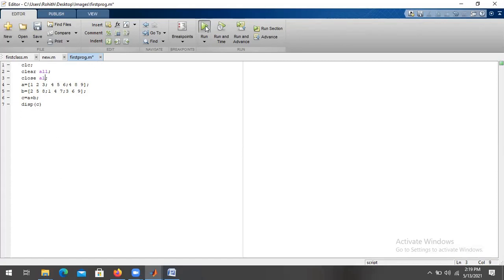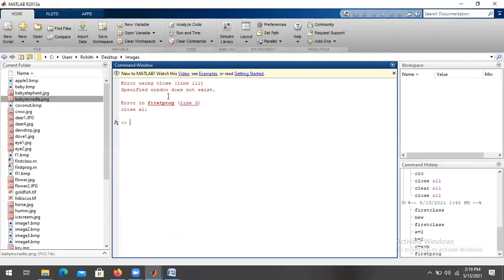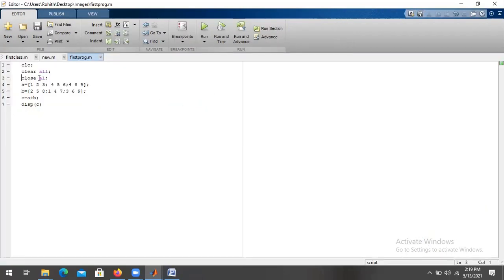So if there is any error, you'll get a small vibration, a beep sound, and you can see the error here. There is an error in line 3. If you click here, it shows the line. If you give any program wrong, it will show in the command window only, right?